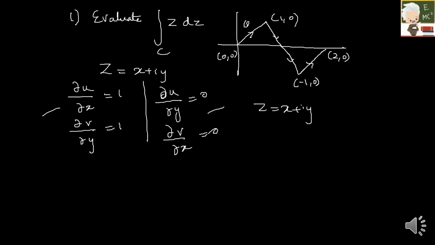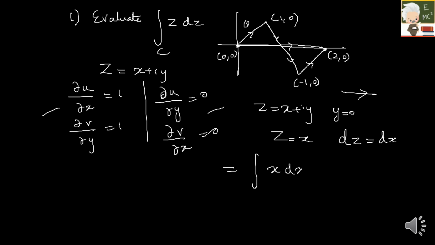So now I'm going to take just the initial point and final point. So what is your initial point? I'm taking only along the x-axis. Okay, be careful with that. So along x-axis means your y is equal to 0. So your z is x, dz is dx, right? So I will substitute in the integral. So instead of z, I'm writing x, and dz I'm writing dx. Initial and final points over here. Okay, my initial point is 0 and my final point is 2.